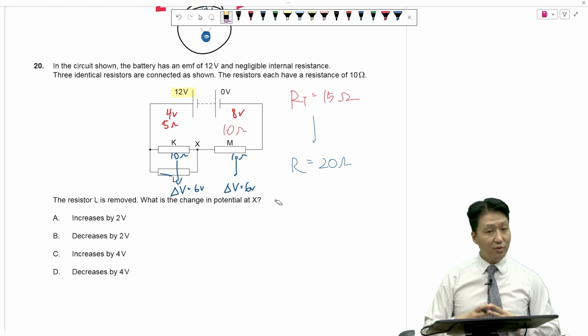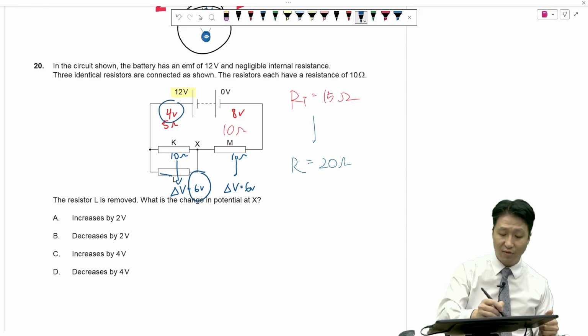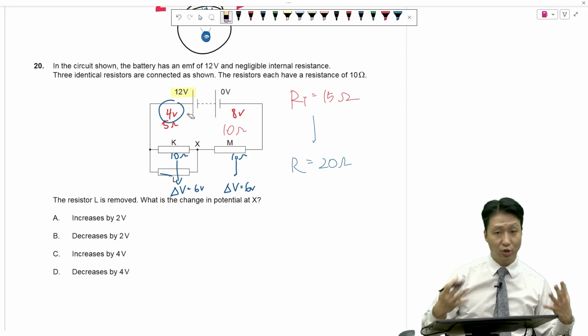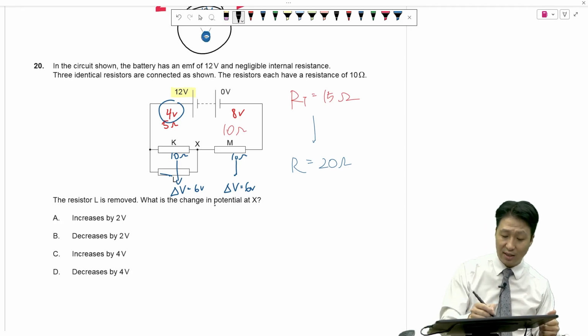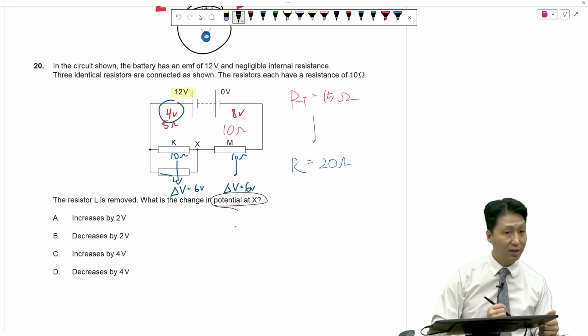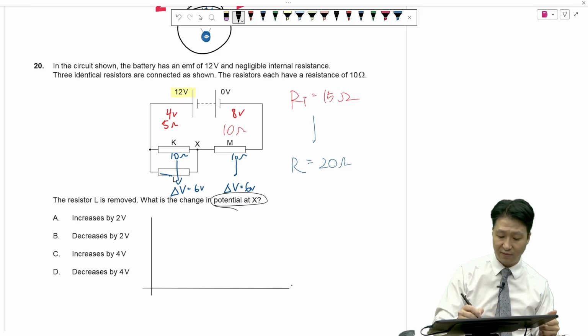Now, if you just do this, you might get the wrong answer because you might think, oh, well, it went from 4 volts to 6 volts, it must increase by 2, but that is incorrect. If you look at what the actual question says, it is the potential at X you should be looking at, not the change in potential in the resistors. And what that means is if we draw a voltage graph,